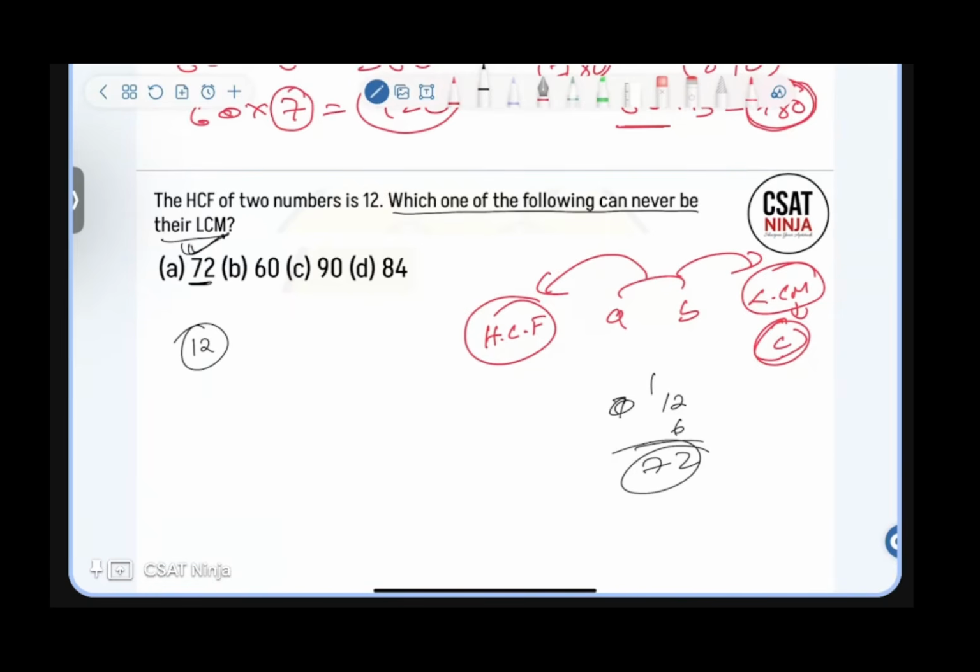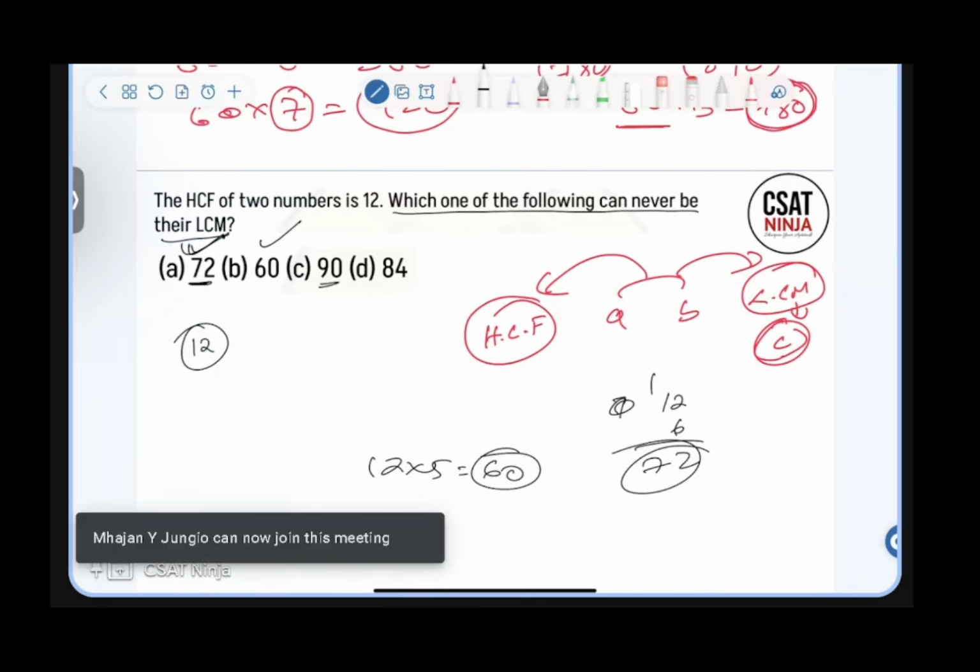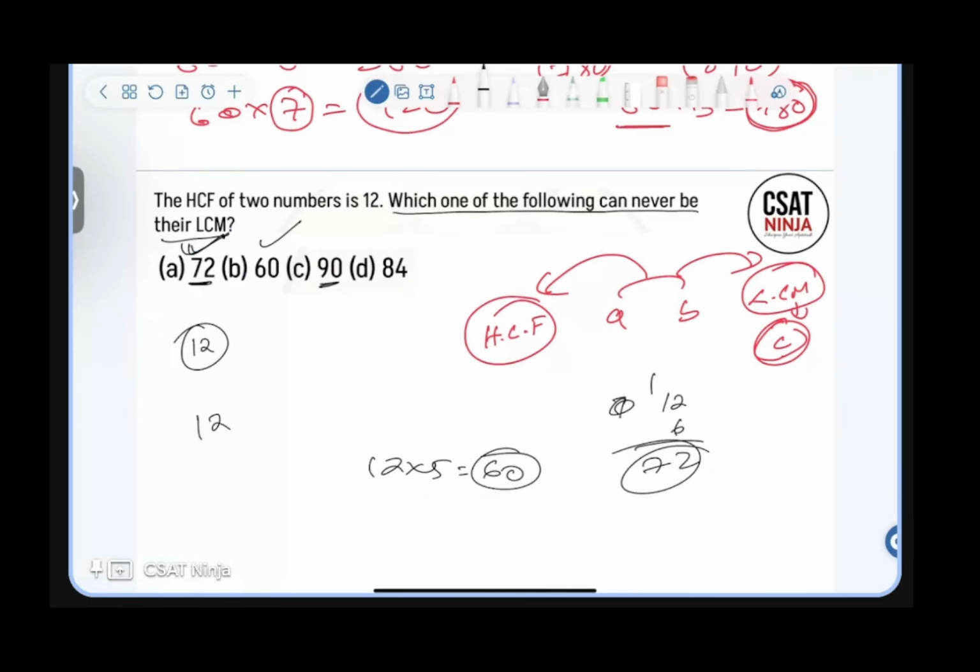What about 60? Yes. Why? Because 12 into 5 is 60. So this can also be an LCM. What about 90? Is 90 possible? Let's cross check. 12 into 7 is 84. I'm getting 84 here. That means 12 times 7 is possible, which means the only number which is not